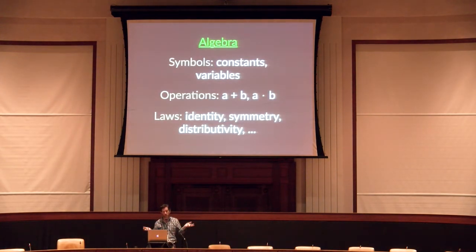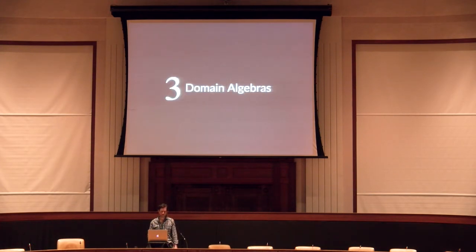So in our arithmetic example, we have this. And usually the laws, if they're more mathematical, have fancy words like distributivity and commutativity and associativity. But we're going to try and use the same concepts to describe the laws of what we do. So this comes to domain algebra. I want to take this idea of an algebra with symbols and operations and laws and use it in my software development, in my modeling task, the clean thing that I'm going to compose.